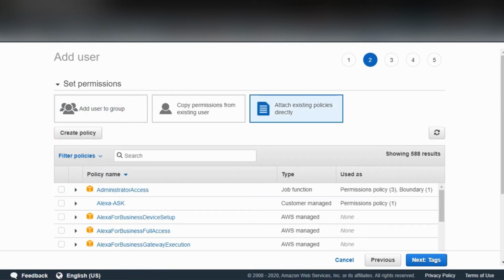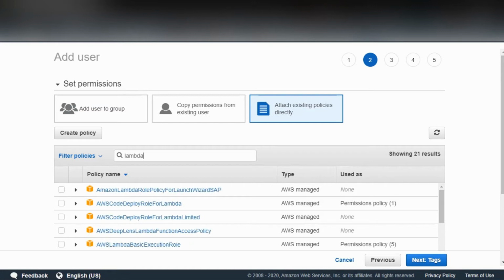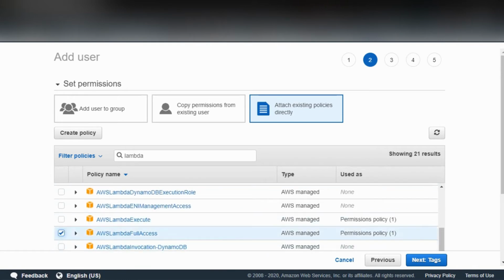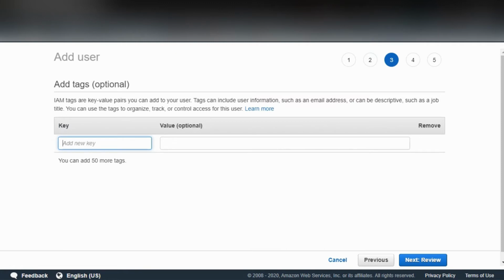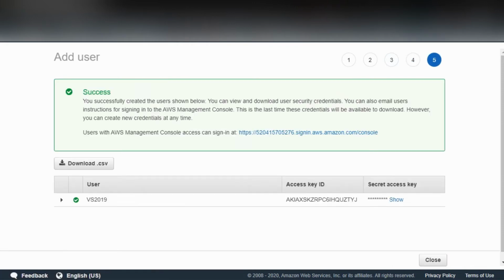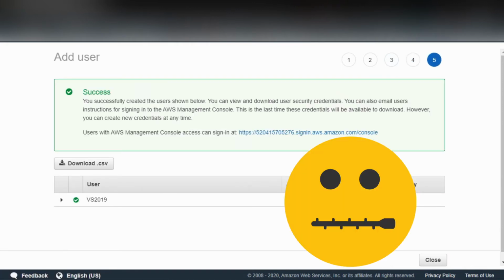So we're going to do Lambda. We're going to give them full access. So I'll check that, next. We don't need tags. I don't really mess with tags, but you can. And we'll create the user. Okay, it's successfully created. So now we're going to grab this access key